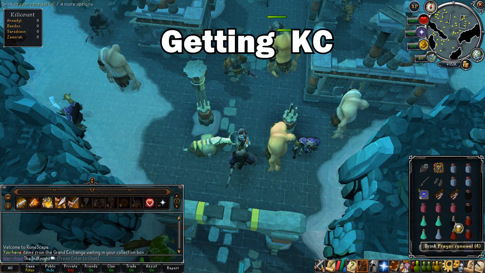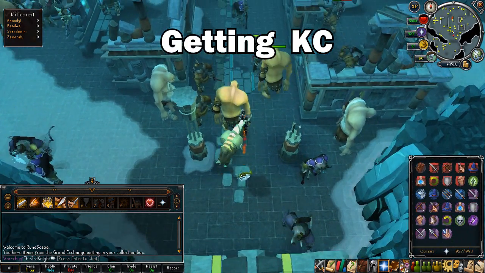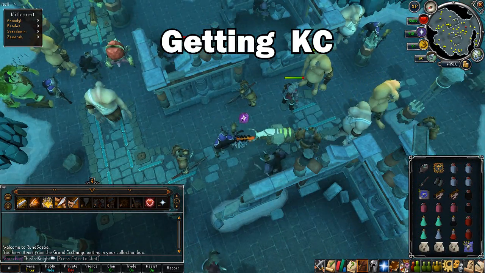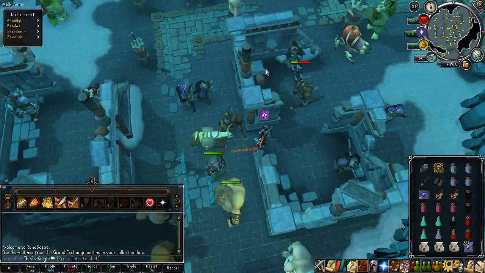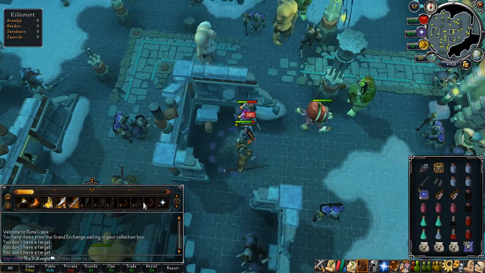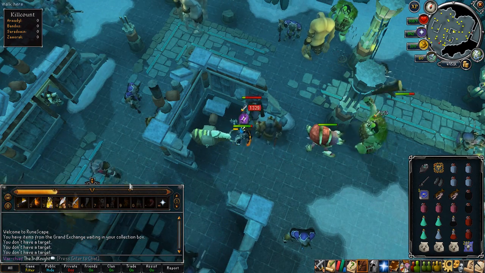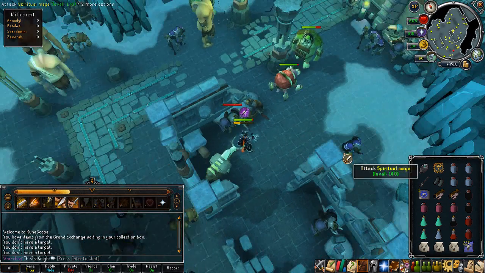So I'm obviously sipping my potions that I brought along to speed up the kill count, and I'm going to put on Turmoil and Soul Split, and I'm going to find some spiritual rangers to kill. So there's one over there. I'm going to attack it, and the first ability I'm going to use is Slice, and then I will use Punish, and then Slice again, and then if it's still alive I'll use Smash, and then I'll continue the process